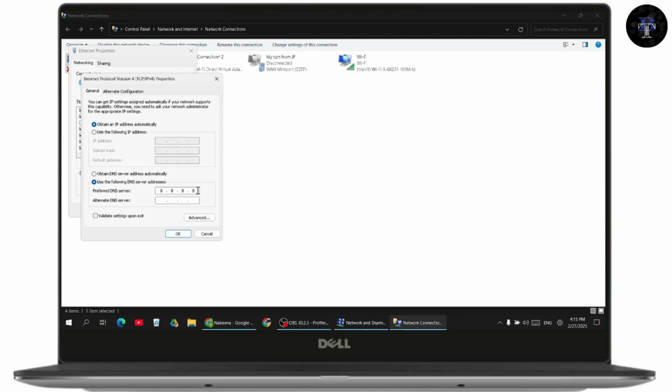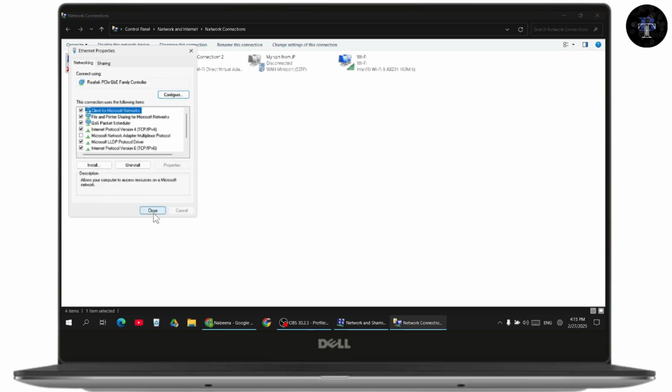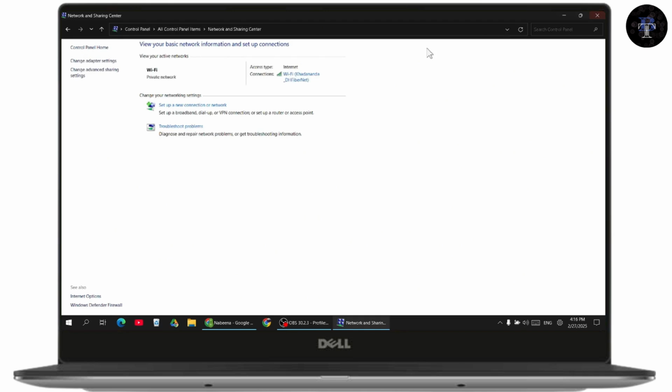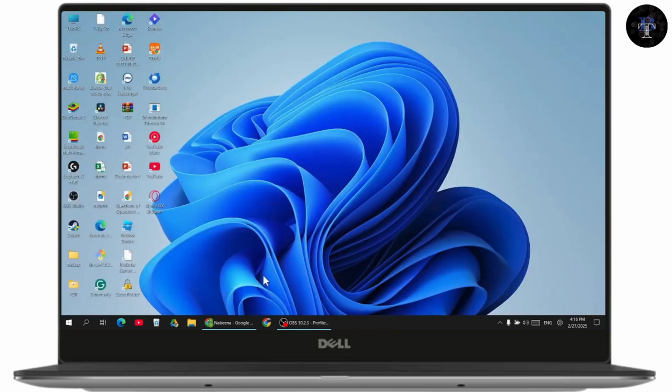Go with 8.8.8.8. And after that, on the bottom, you need to go with 8.8.4.4 and go with OK. After that, go with OK or close, and your problem might be fixed. You can go and restart your device. But if this doesn't fix your problem, then the last thing you can do, or the third method, is you